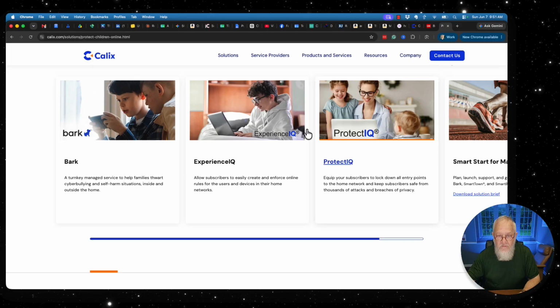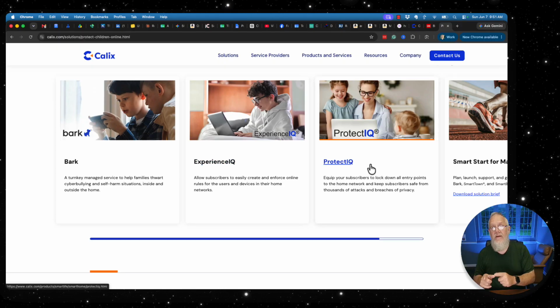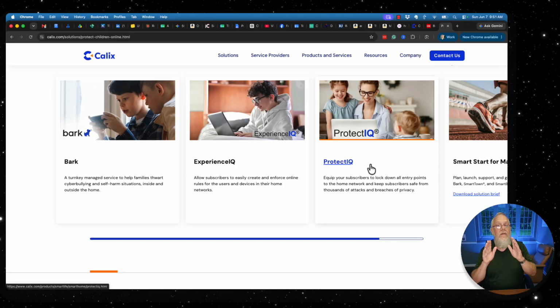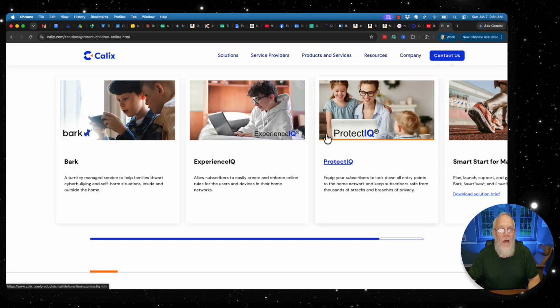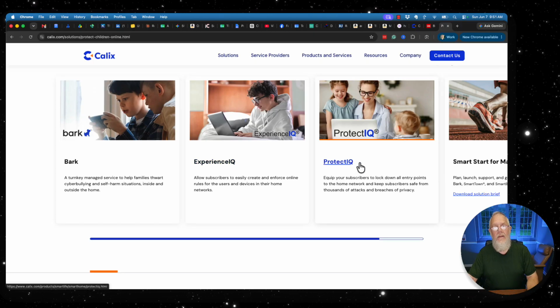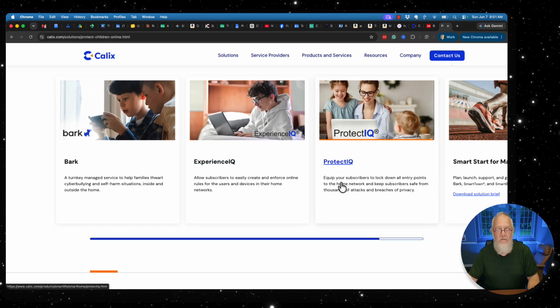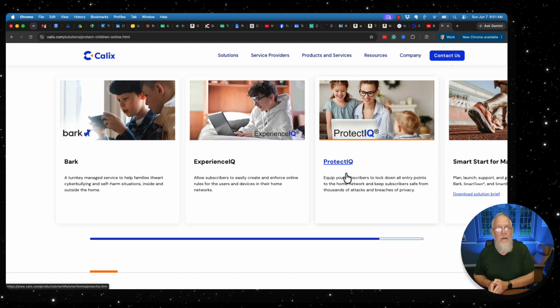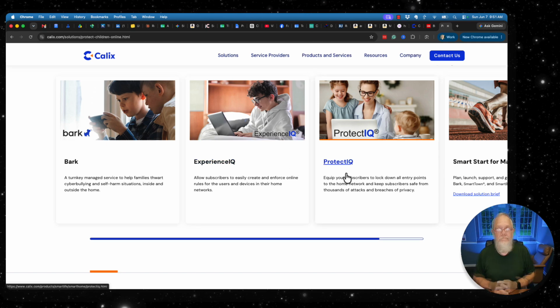And the Experience IQ and the Protect IQ, which the good folks at Zirrus Tech Support told me I need to use in order to block websites I want to block, these are $7.99 a piece. Either one of these are $7.99. And these would allow me to block secure websites. So the bottom line is,